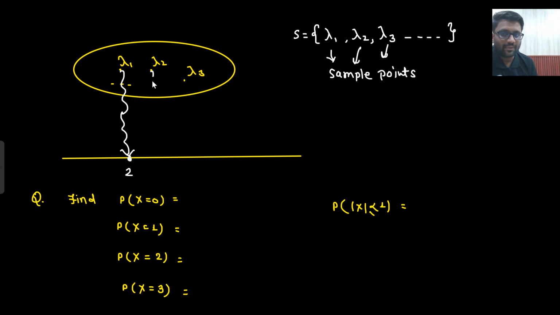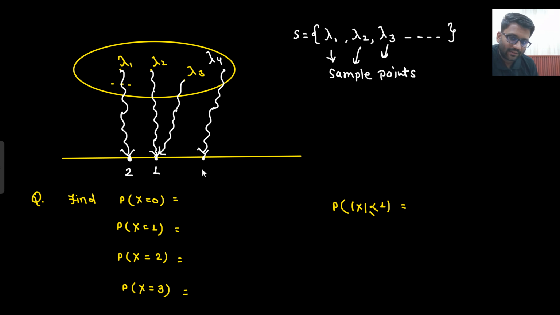Now it will go to another sample point and assign it a value. Let's just say it assigned it a value 1. It will go to another sample point and assign it a value. Let's just say it assigned the value 1 only. It will go to another sample point, let's just say lambda 4. It can assign another random value. Let's just say that random value is 0. So x here was taking values 0, 1 or